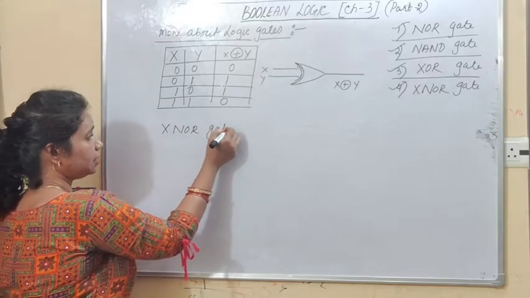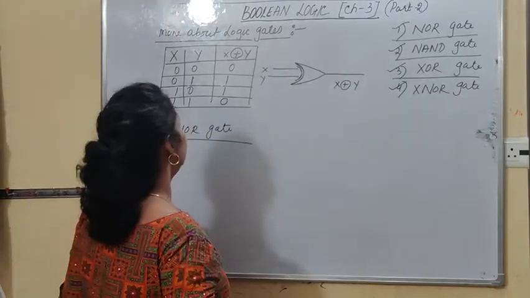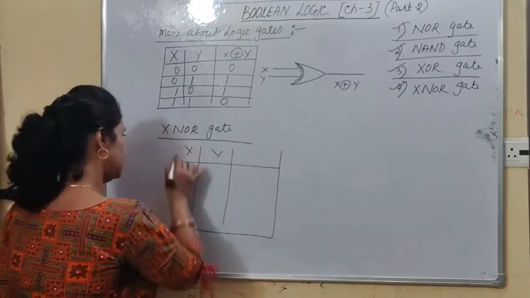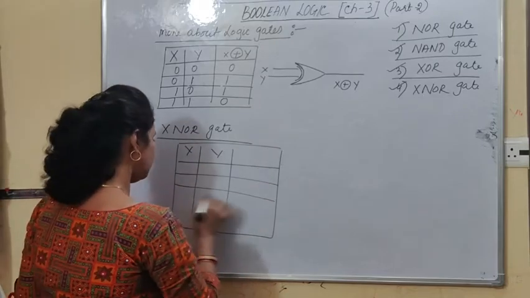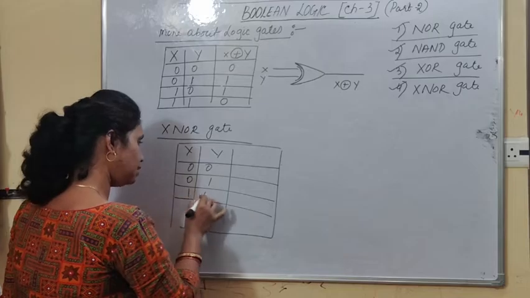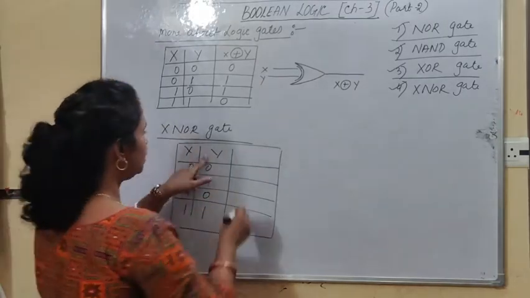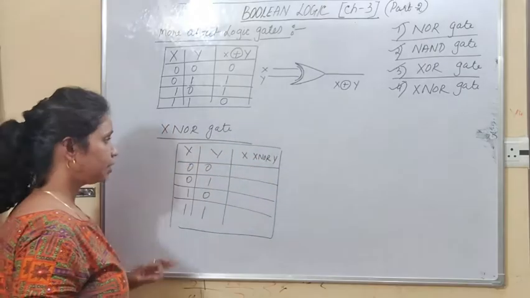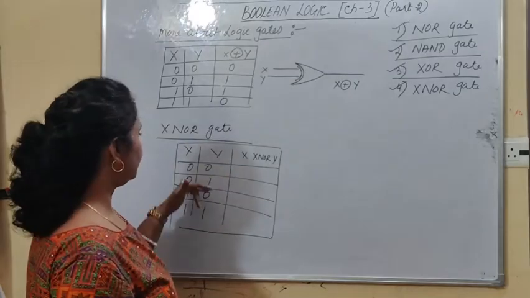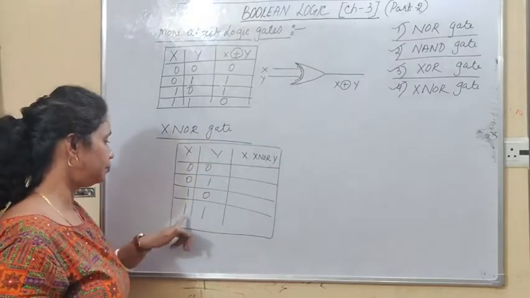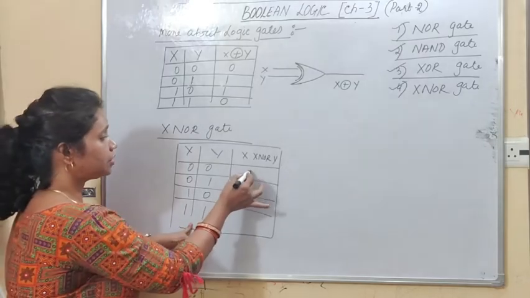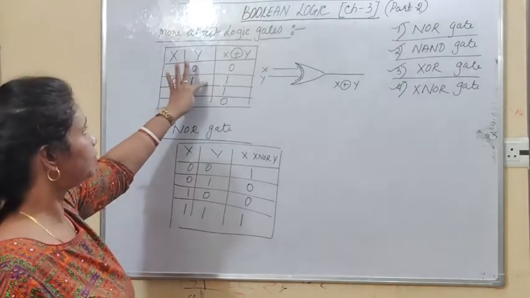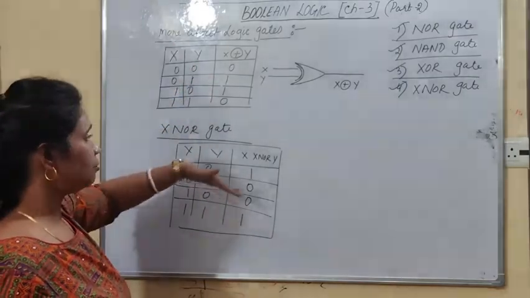Exclusive NOR gate is also known as inverted exclusive OR gate. So, here, let me draw the truth table of exclusive NOR gate. If you have two variables, the input combinations will be 0 0, 0 1, 1 0, 1 1. Right, students? So, here, now it is X exclusive NOR Y. Is that clear? Now, exclusive NOR gate says that if an even number of ones are there in the input combination, then your output is 1. Otherwise, the output is 0. Right, students?